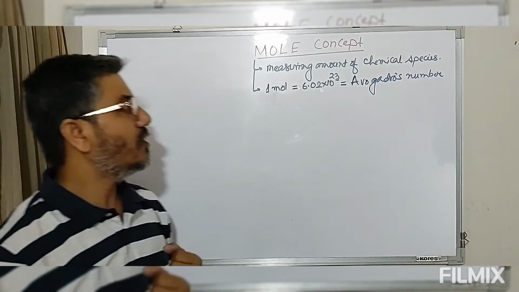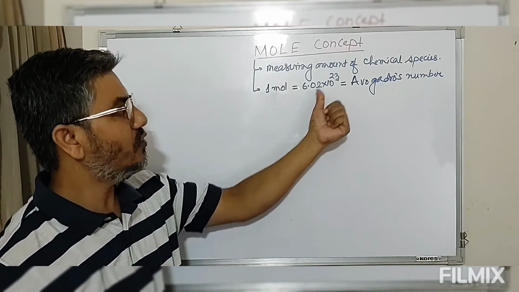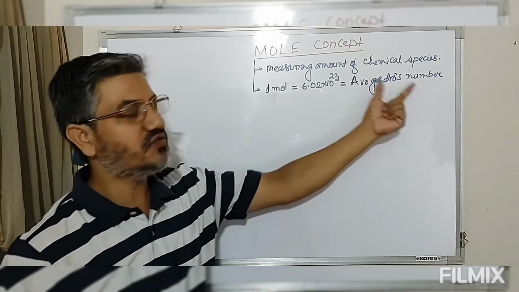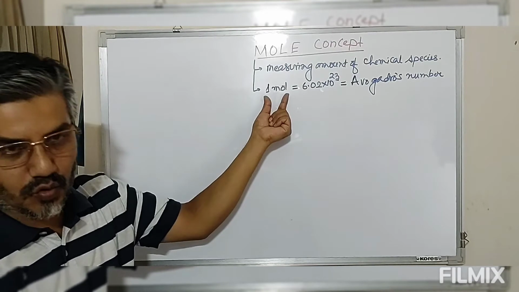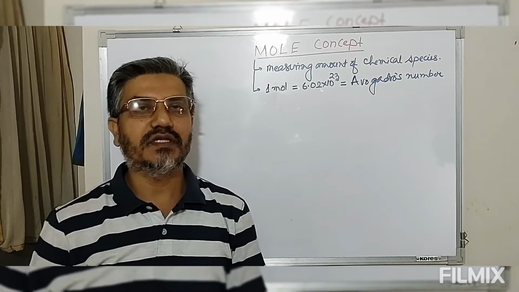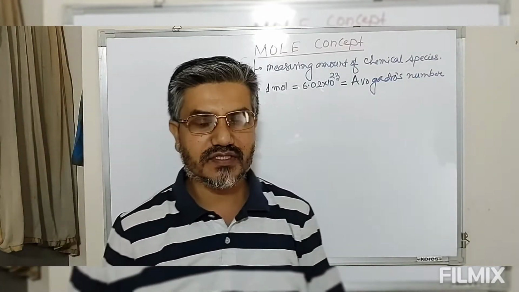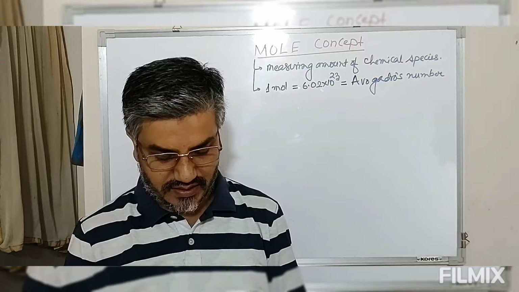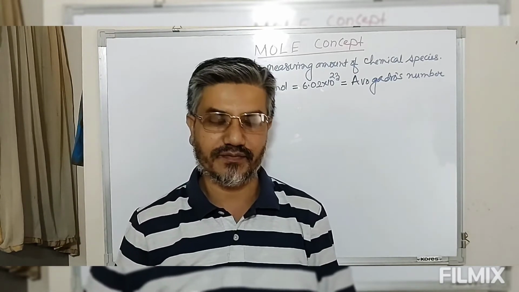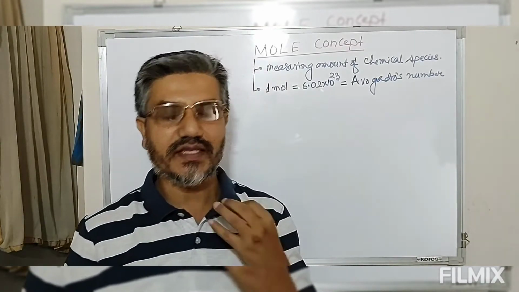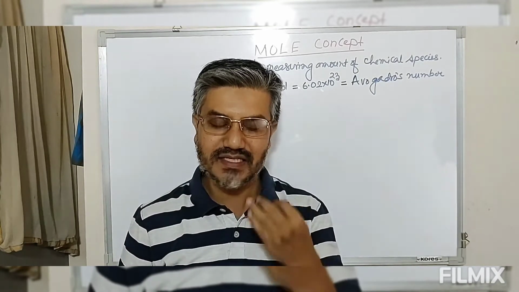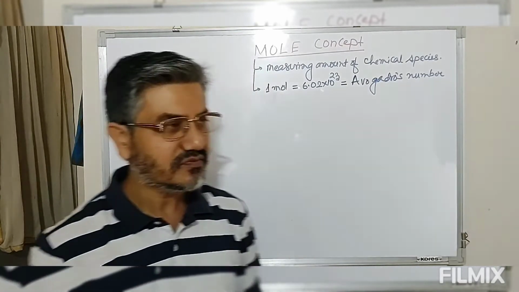Now the actual value of 6.02 × 10^23, which represents 1 Avogadro number in honor of the scientist, and which is also defined as 1 mole, comes from a particular instrument known as the mass spectrometer. This is an instrument which can measure any mass accurately. So to measure the mass of any given substance, we take the help of the mass spectrometer, which gives the exact values for the given substance.